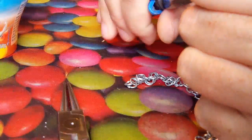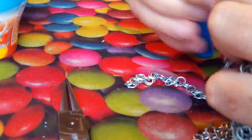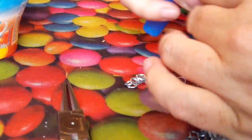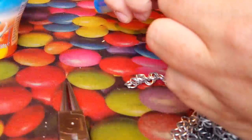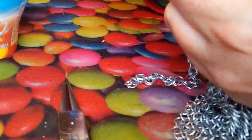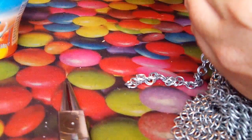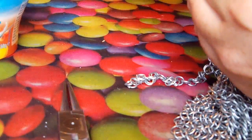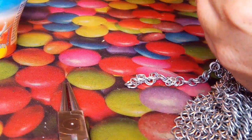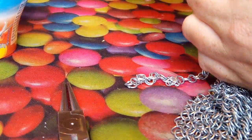This is a simple European 4-in-1 pattern. It was widely used throughout the Middle Ages, so it's pretty authentic. I try to be as authentic as possible with the means I have. Of course, with the size, I need to make compromises,